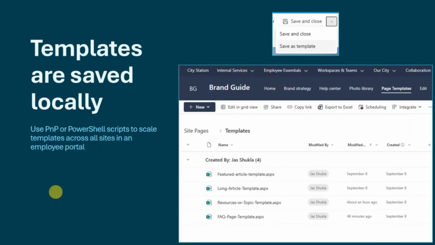By default, when you start into this world in SharePoint and start looking into page templates, you'll notice, if you are very detail-oriented like myself, when you save a page, you have the ability to save it as a template. What that does is it saves it locally to your site. And so there will be this section of your site pages library where all your templates are saved. This is a great way to get started with using